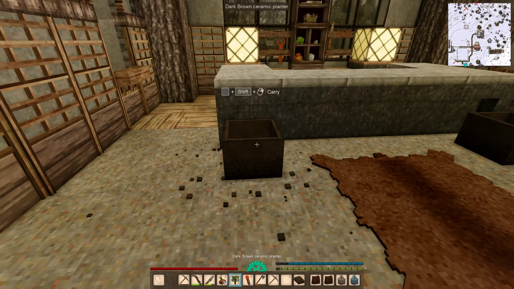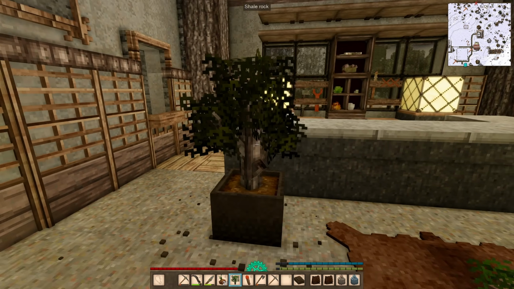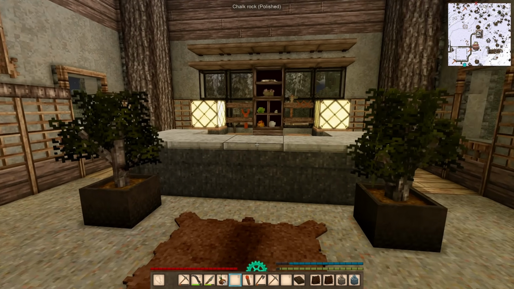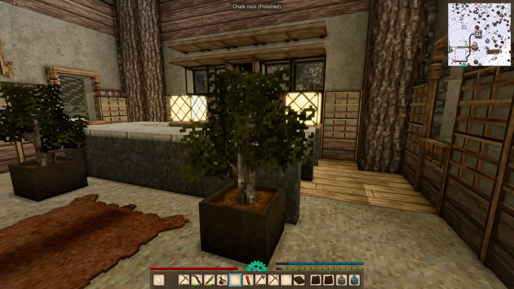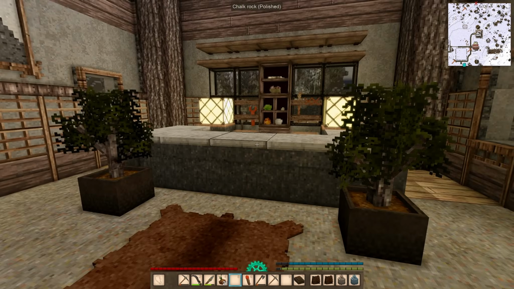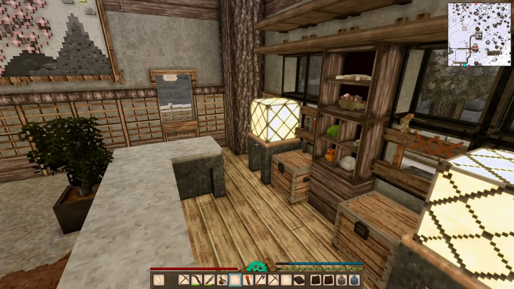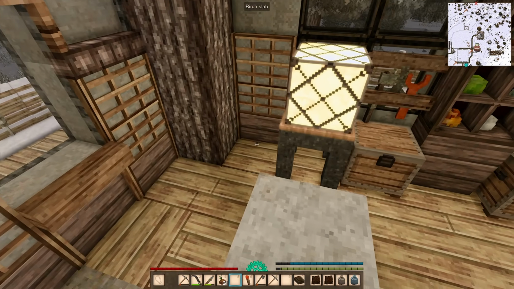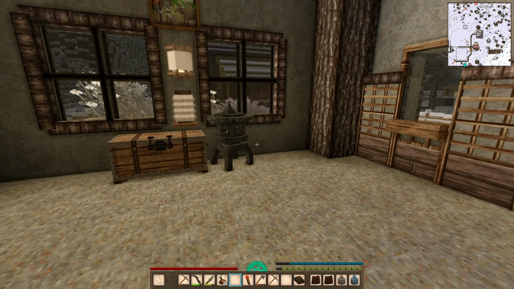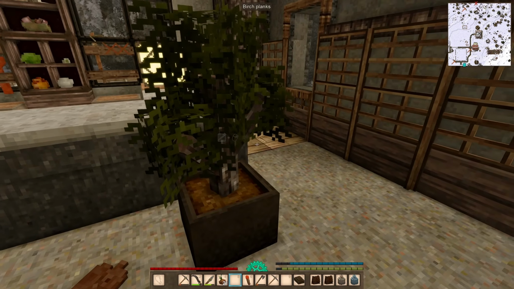Right, and we've got some saplings. And we got ourselves some cool little bonsai trees. Oh, yes. Oh yes, this is a great idea. Saplings and a planter makes a little mini tree. Looks amazing. We could put them in the corners, but I think there's the best place. Or should we